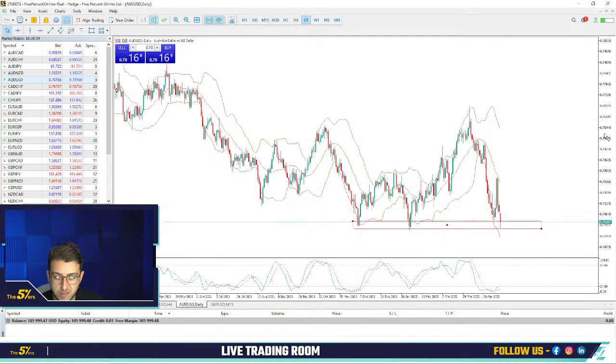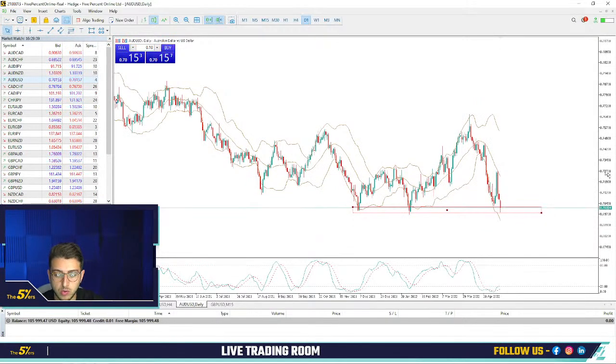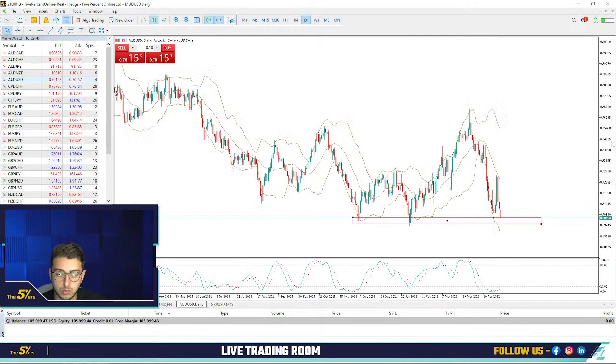The risk reward would be very difficult to achieve, at least 1 to 2. Generally, when I want to hold a trade, it will be at least a risk reward of 1 to 2, and here it's very difficult to manage a trade that's expecting a breakout. I want to react to the market and not expect what the market is going to do.